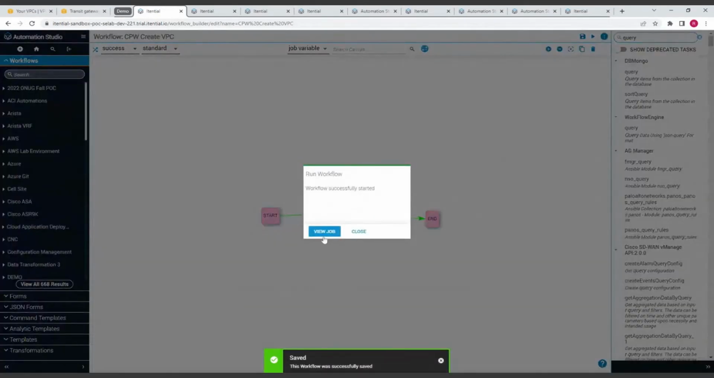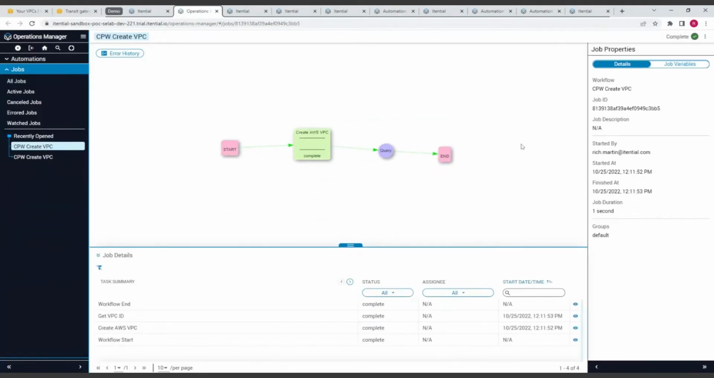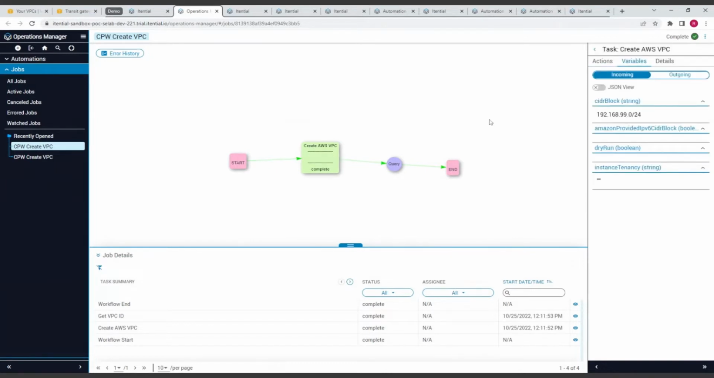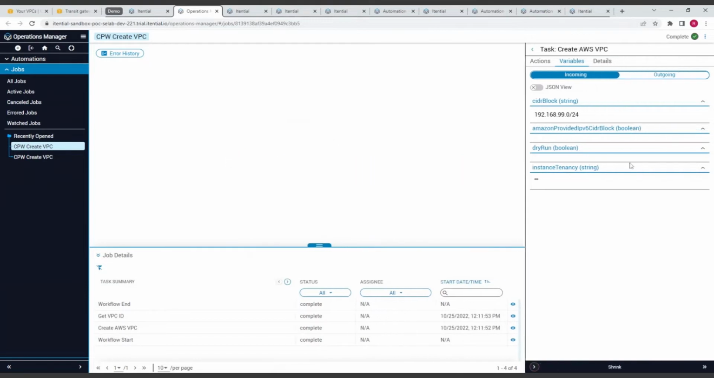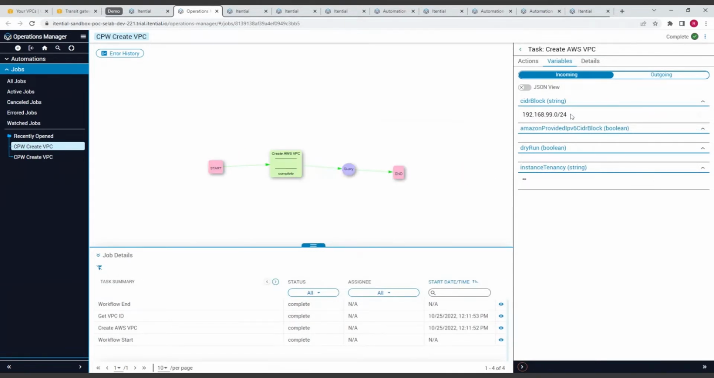And when I view the job, it's going to show the running job. Now, this will complete very quickly because it's a very quick API call, but it allows us to go in and take a look at the data that actually gets passed. So when we're creating a workflow, we're just building the steps, but when we run it, we can actually see the API calls and the data that gets transferred across. So if I look at this first step, which was the API call to create a VPC,